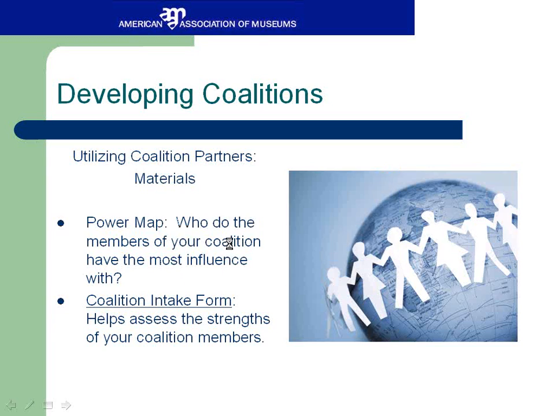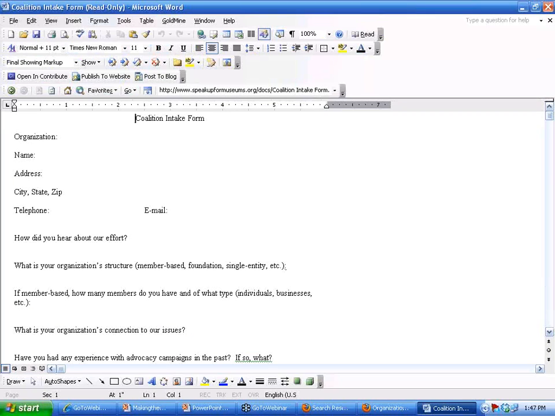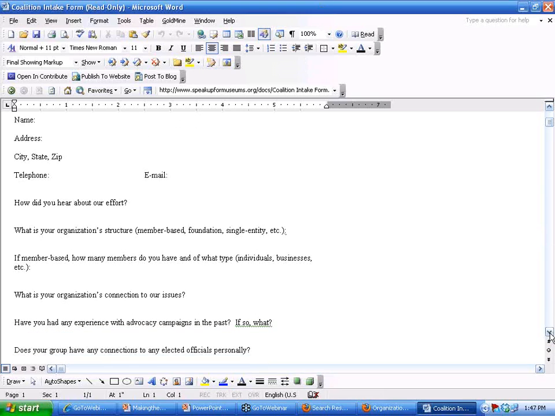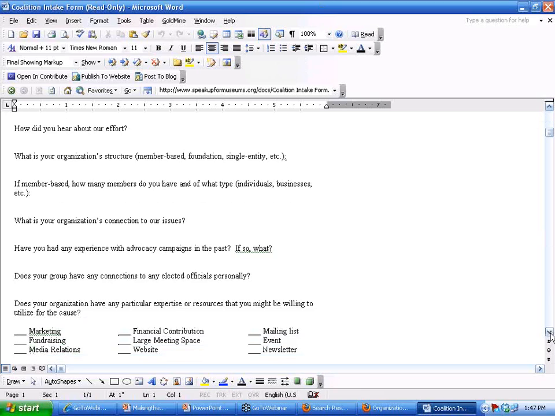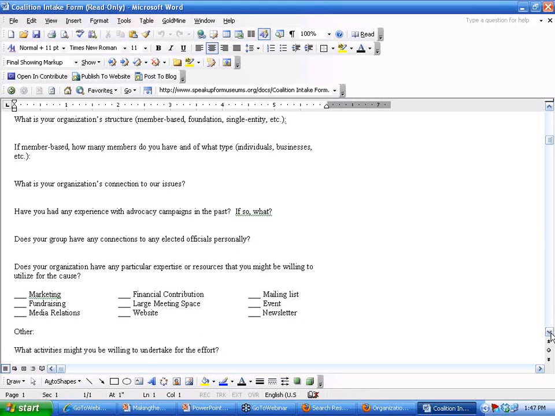And again, if you want to make sure you can get directly to this form after the online training session, you'll be able to access these links through the PowerPoint. This is a coalition intake form. It's a form you can use to get the name of the organization, address, city, zip, etc., figure out a little bit more about where they heard about the effort, and write down some information about their structure, how many